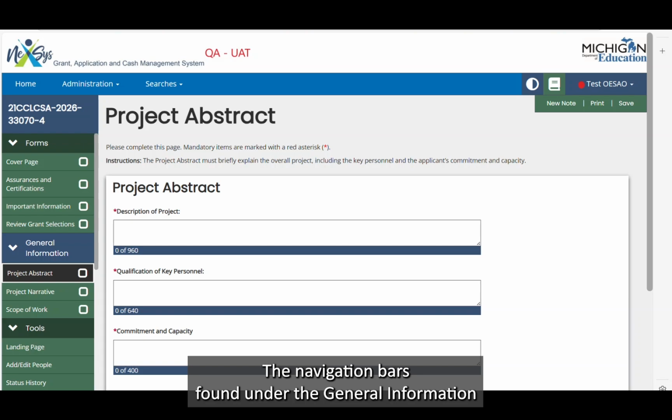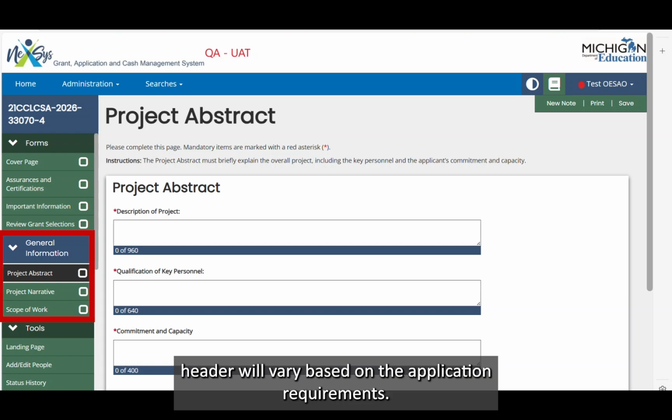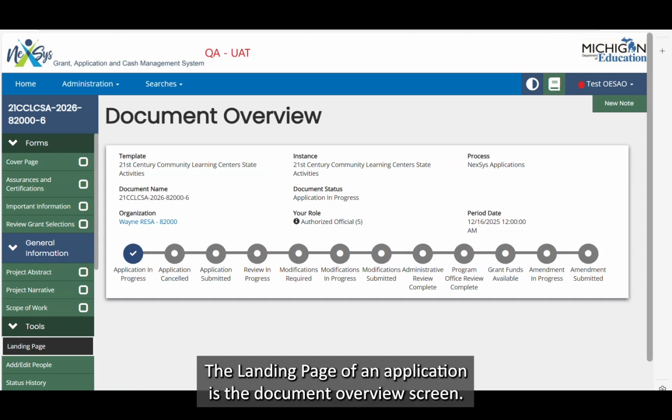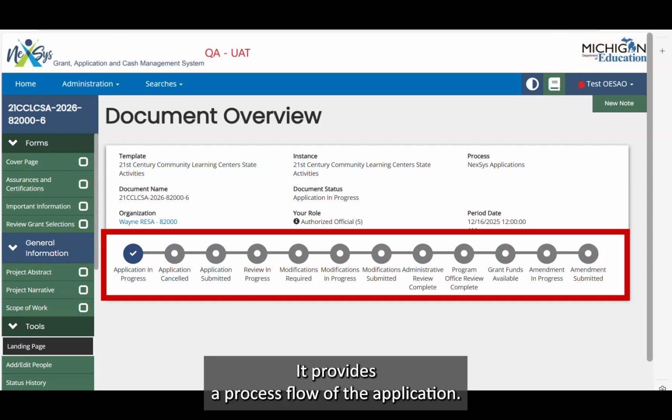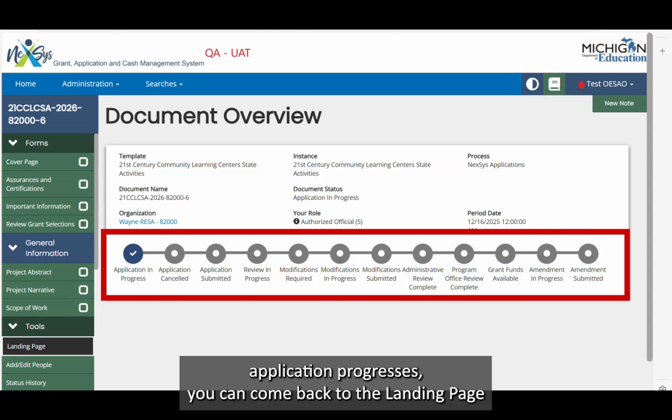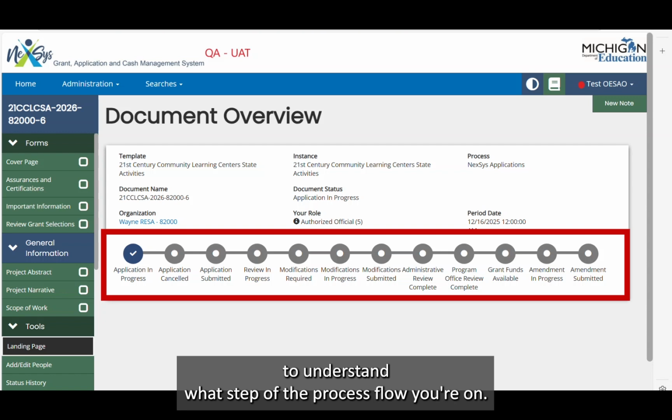The navigation bars found under the General Information header will vary based on the application requirements. Here we have Project Abstract, Project Narrative, and Scope of Work. The landing page of an application is the Document Overview screen. It provides a process flow of the application. As the application progresses, you can come back to the landing page to understand what step of the process flow